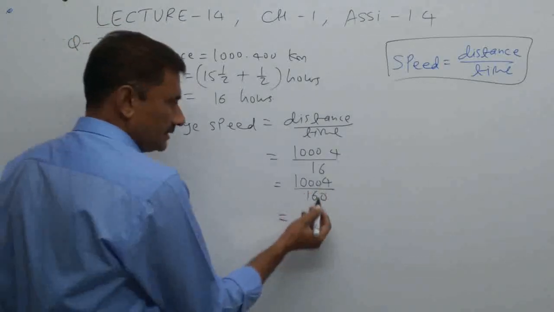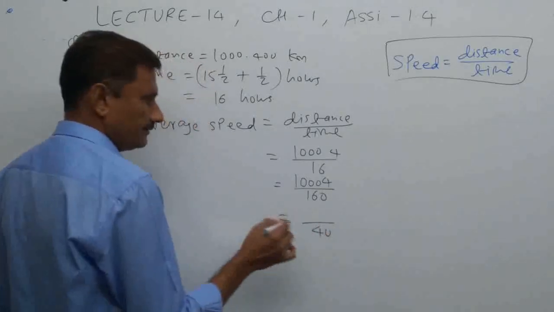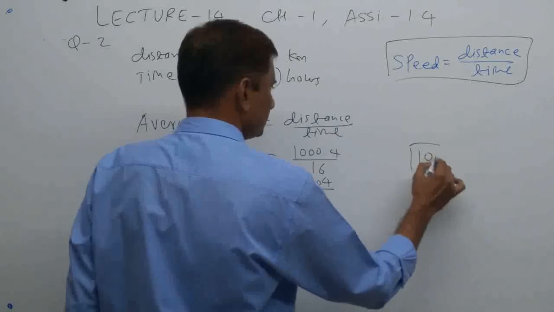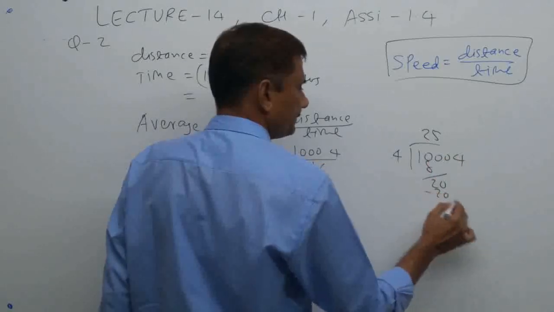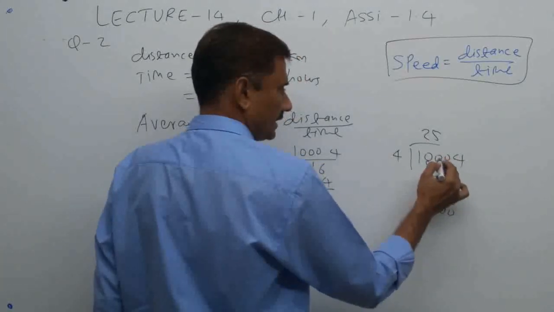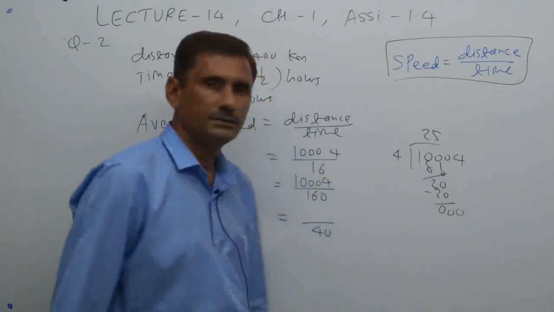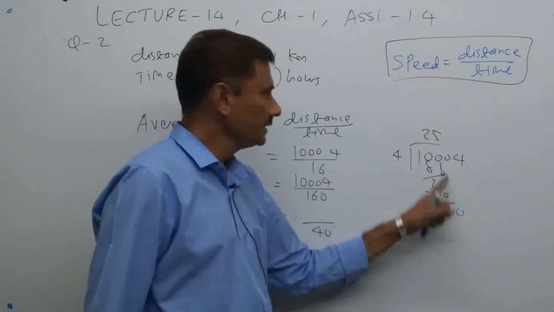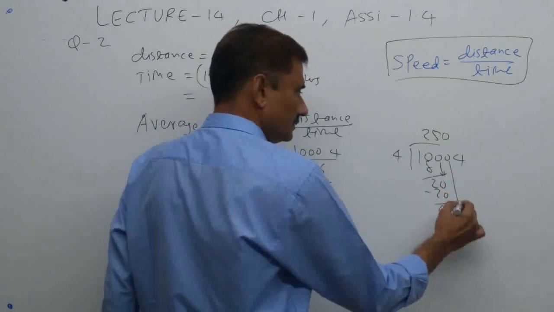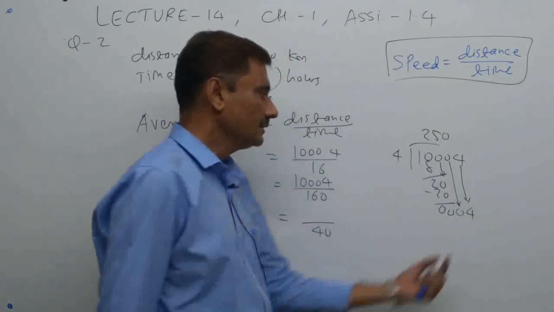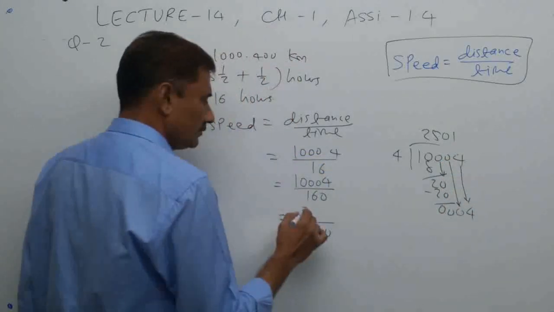First of all, it is divisible by 4 very easily, you can see. So I am just dividing by 4. So it will be 40 here. Now 4 2s are 8. 2, 4 5s are 20. Look here carefully, we reach this point, this 0 came here. Now I am getting an extra 0, but division is not possible. So first of all place 0 here, then get the next one. Whenever you get 2 digits at a time, first put 0 here, then only go ahead. So it will be 2501.